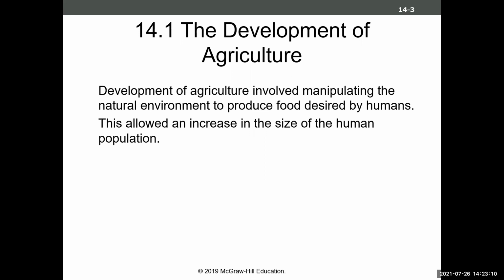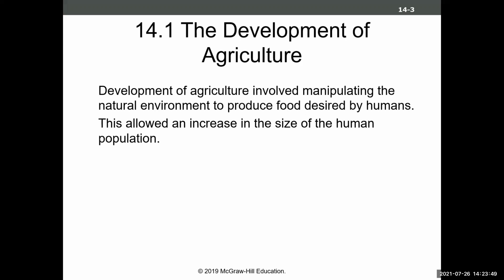So the development of ag. Ag really became this dominant feature when populations figured out how to manipulate crops, or manipulate plants growing in the natural environment, to be utilized as food. So they figured out they could take these crops and plant them in large quantities, and then they can produce food and get yields that would feed their family,